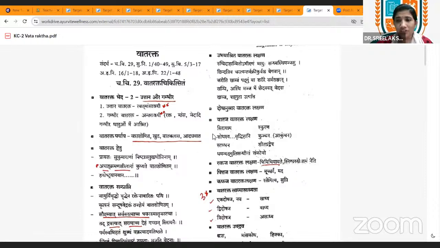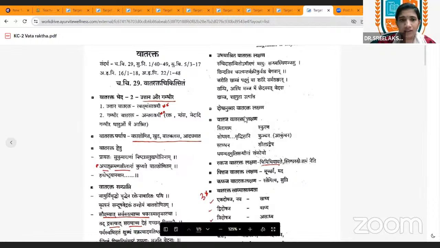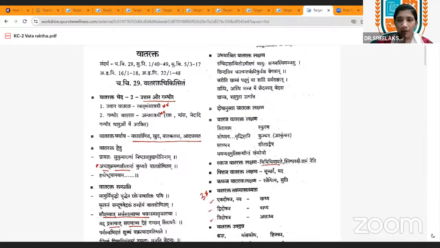And the synonyms of this Vatarakta are important. That is Vata Shonitam, Khuddam, Vata Balasam, Adhyavata. So one point that you have to remember is that Adhyavata is the synonym given for Vatarakta by Charakacharya, whereas in Ashtanga Hridaya, Adhya Rogam is the synonym. So Adhya Rogam is the synonym given by Vagbhata and Adhya Vatam by Charakacharya. And in Ashtanga Hridaya, the synonym Urustambha is Adhyavata. Clear? So these synonyms are very important.